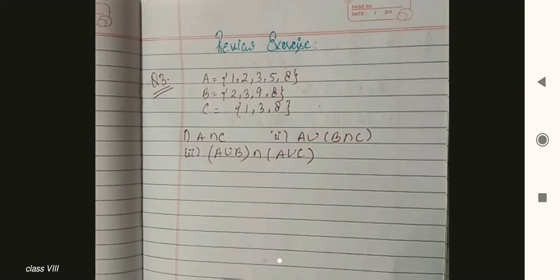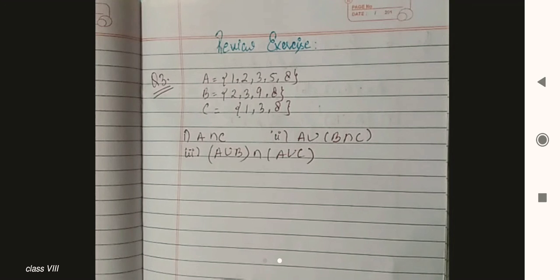So today we will do the review exercise. Here I have written some questions so that I can show you how to do them. As we have done exercises 1.1, 1.2 and 1.3, there is no need of explanation, because the review exercise is just the conclusion part of all the exercises. In this exercise you will be able to see all the concepts together. The questions will be of all the concepts together.